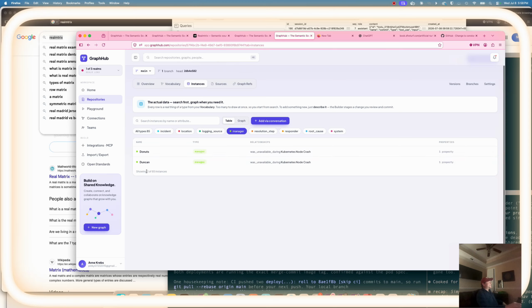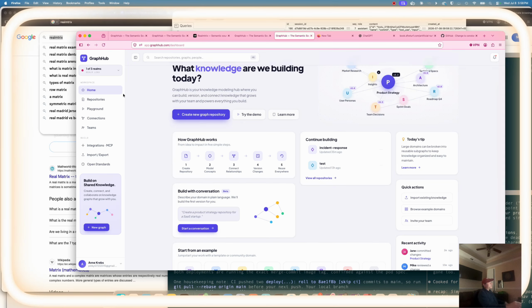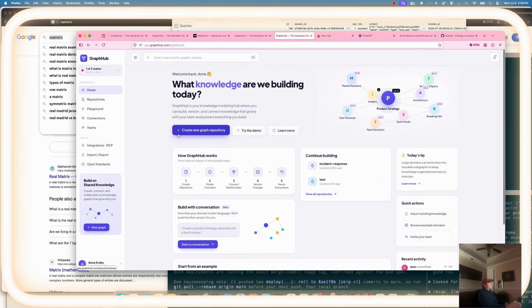So there's our managers. Now we have to get this so that we can hyperlink it, right? We want to be able to click around on an incident. That's going to be a paid feature to have that, but this is looking pretty good. I think we need to clean it up a little bit and also get the open source equivalent, which is something called graph bundles that I'll get to later. But here's our first look at